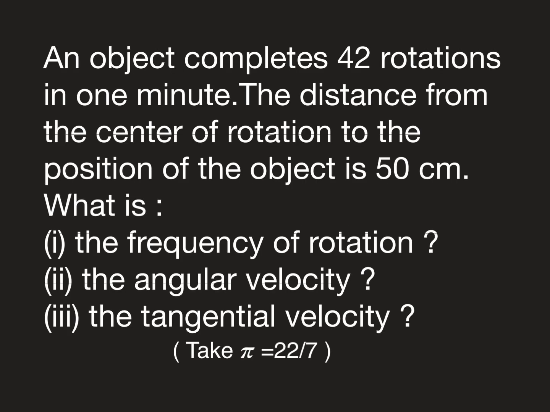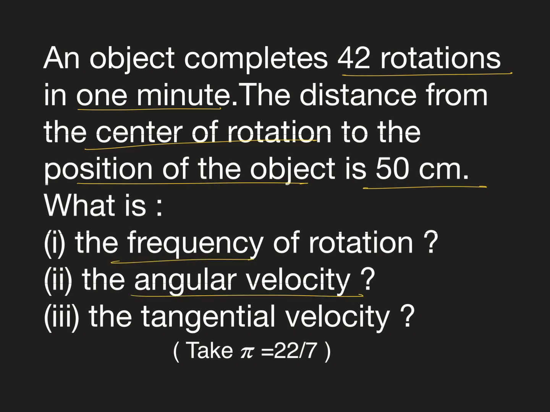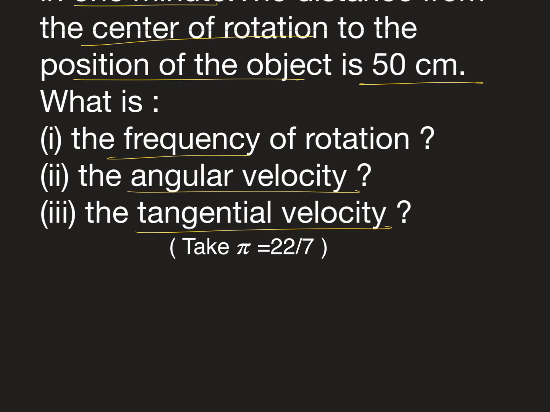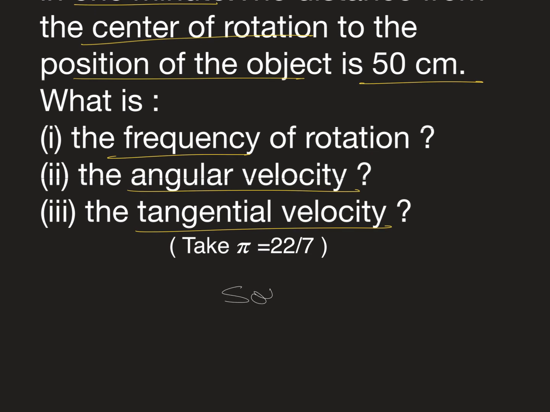An object completes 42 rotations in 1 minute. The distance from the center of rotation to the position of the object is 50 centimeters. What is the frequency of rotation, the angular velocity, and the tangential velocity? Solution: